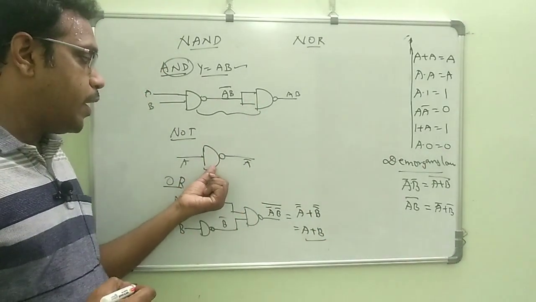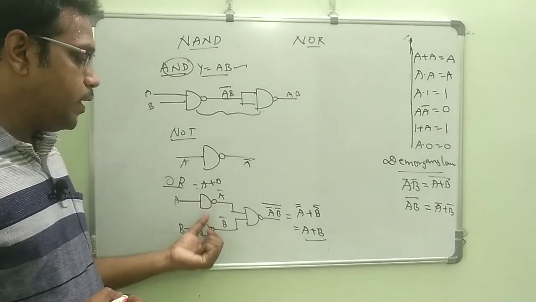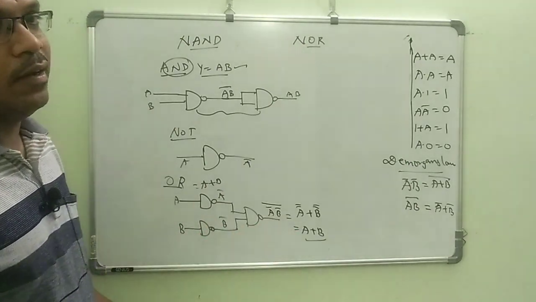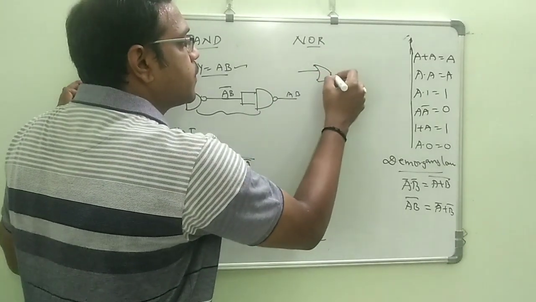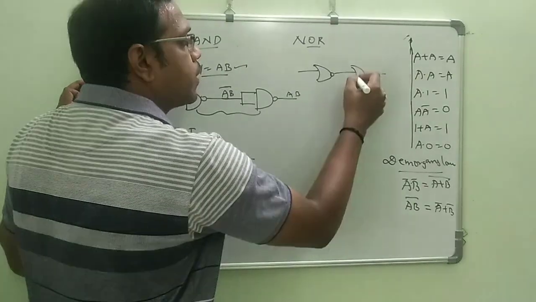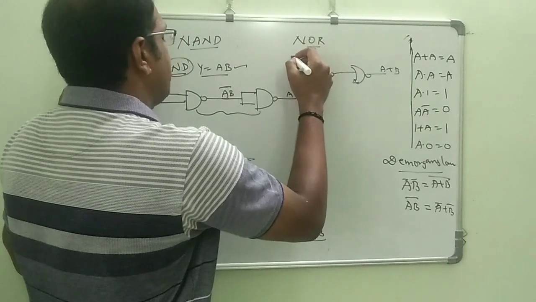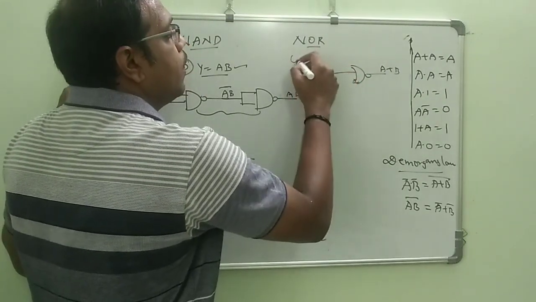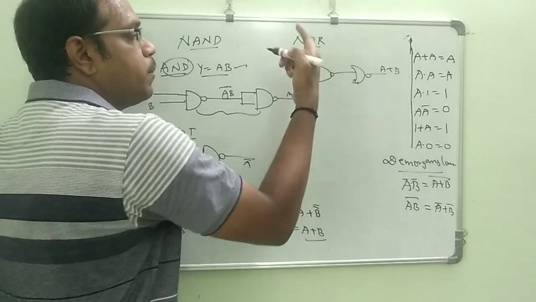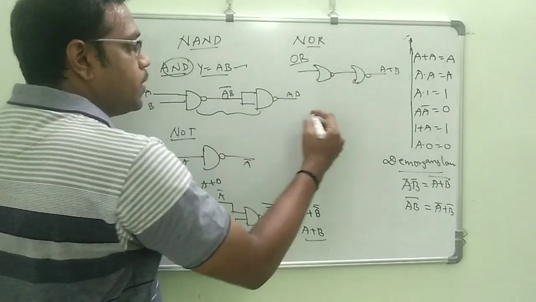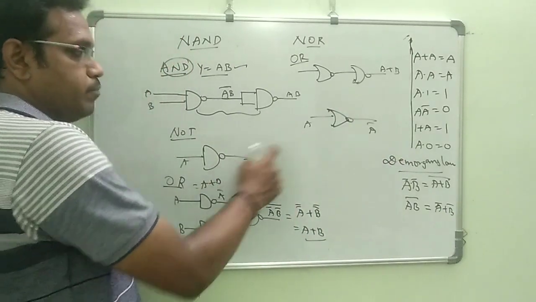So by using a single NAND we can prepare NOT, 2 NANDs we can prepare AND, and if you arrange 3 NANDs like this you will prepare the OR. Like this, NOR is also like that only. With 2 NORs, these are NOR gates, you will get the NOT gate. That is why we can prepare the OR gate here. So 2 NORs we can prepare the OR gate, and a single NOR also we can prepare the NOT gate.